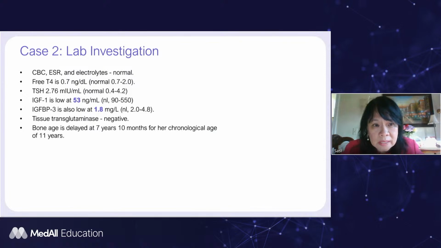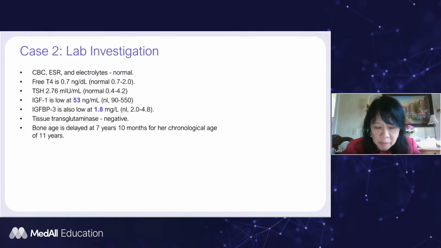And her IGF-1 is low at 53, and IGF binding protein 3 is low as well. And her bone age is delayed at 7 years, 10 months for her chronological age of 11 years. So this child, I'm very concerned about her significant short stature with low IGF-1 and IGF binding protein 3. So what I did on her is that I requested a brain MRI scan on the same day that she